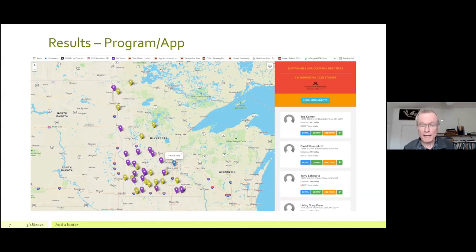types of practices in the database and in the app, and so we're working with MnDOT to indicate where they have snow fences in the state. MnDOT wants to use this to promote their snow fence program to other farmers, allow farmers to talk to each other about the challenges of implementing a snow fence. Snow fences, we've done some work on the economics, and they save the state, MnDOT, and taxpayers a lot of money where you can establish them.